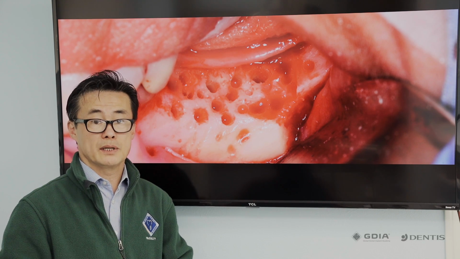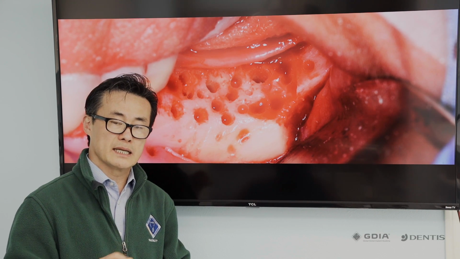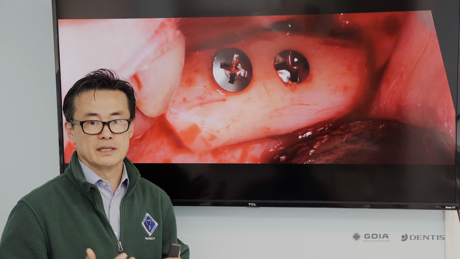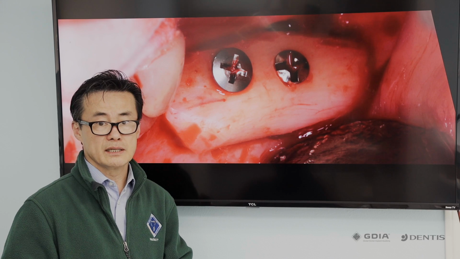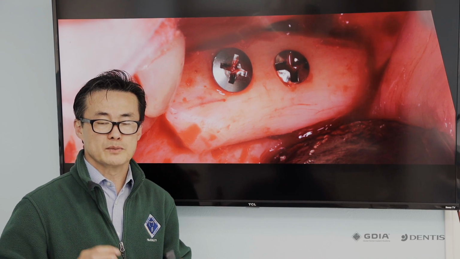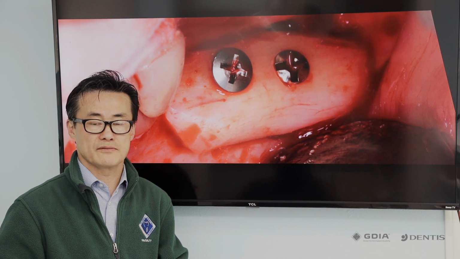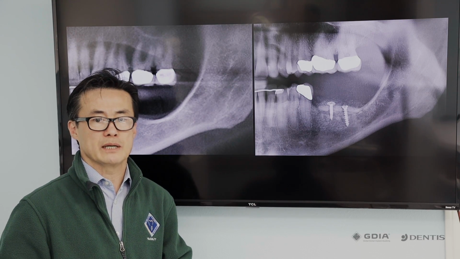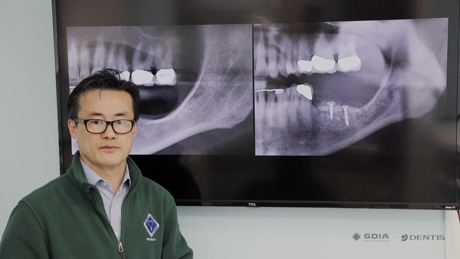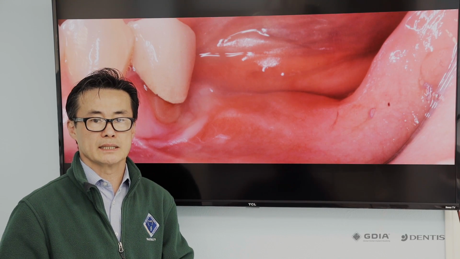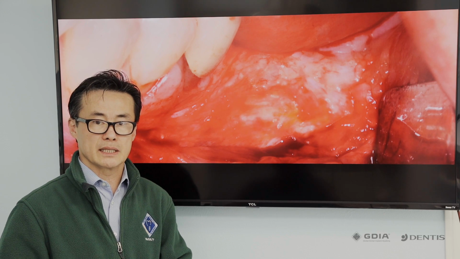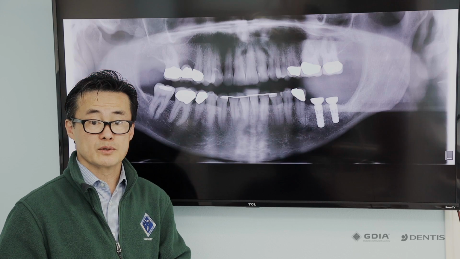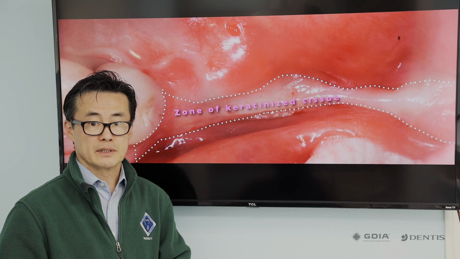We'll talk more about GBR at the end of the course, but this is a classic example of decortication to allow progenitor cells to move into the area, secure fastening using GBR screws to minimize micro movements, yet another facet of some of the cardinal features of GBR, and then primary closure and blood supply and so forth to the point where we can actually get the height and the width that we want, and eventually later on we go in, remove the screws, place the implants in the appropriate sites,